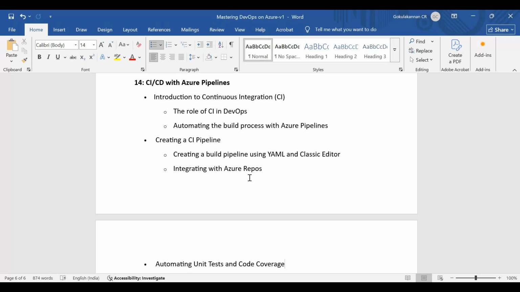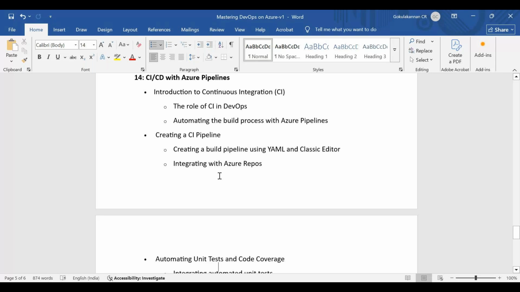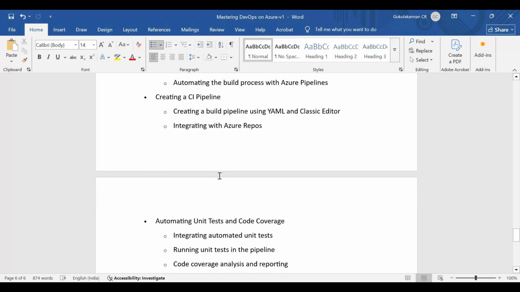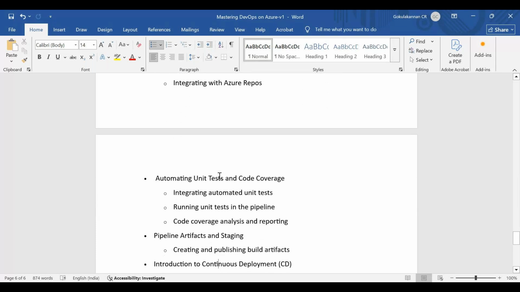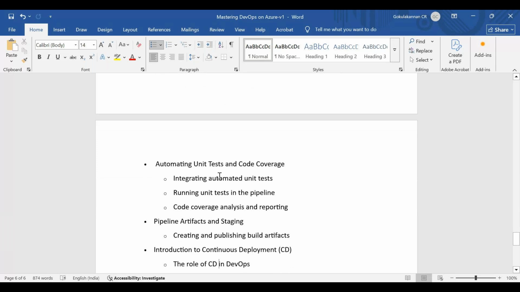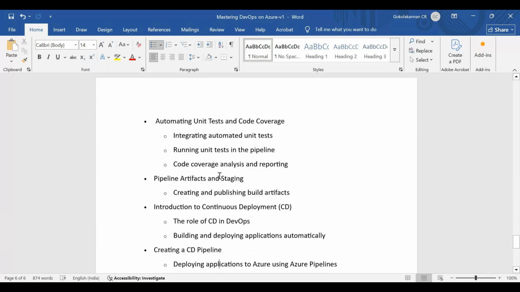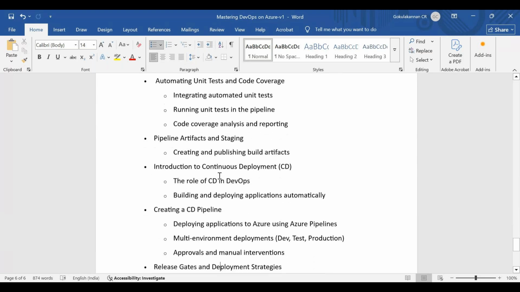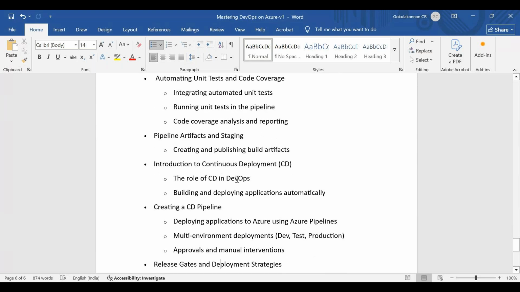If you are using Azure repo, that also we will be discussing here, about your unit tests, code coverage, integrating with multiple options, how you can create your artifacts, and how you can deploy it in multiple environments like dev, test, and production, and how you can hold your deployment.